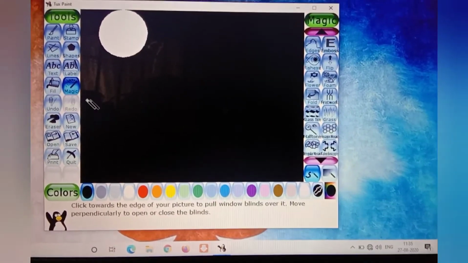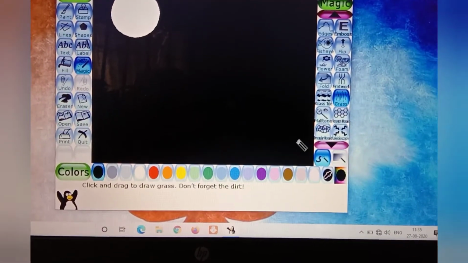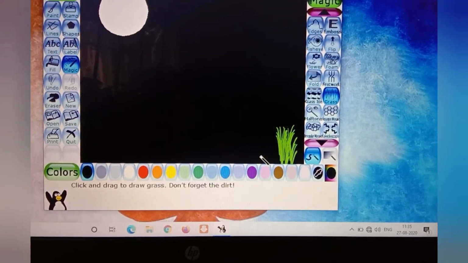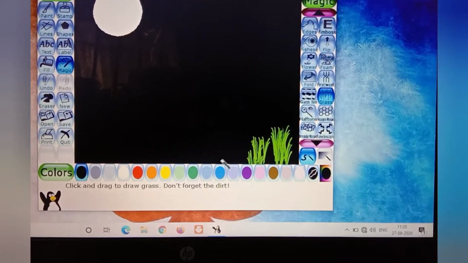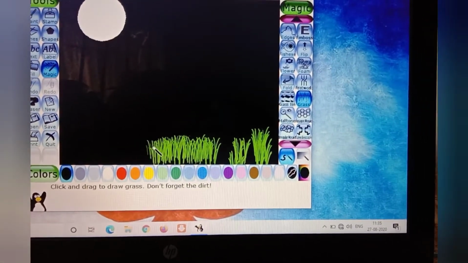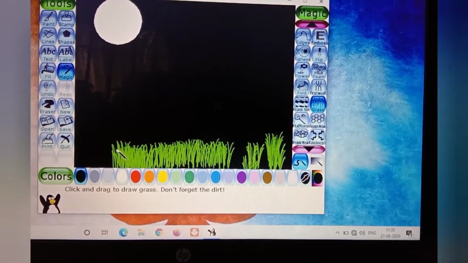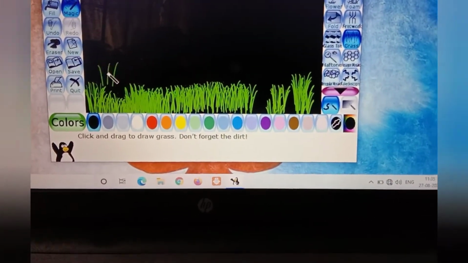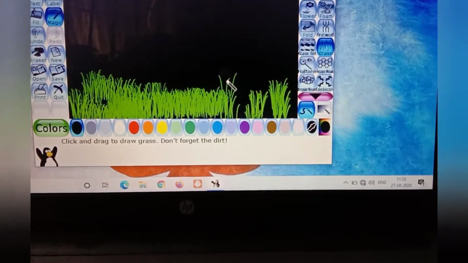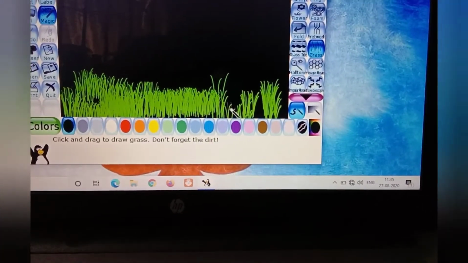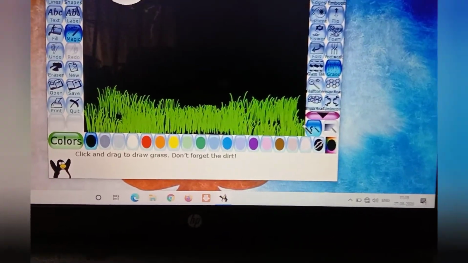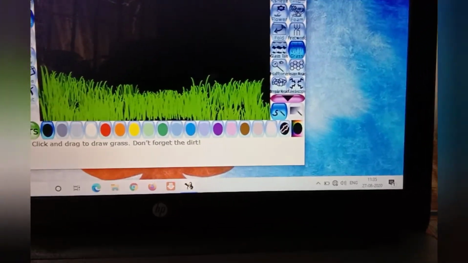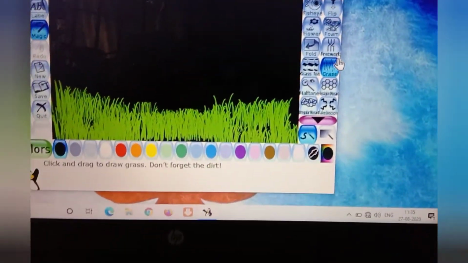I selected magic. Then I am going to select the grass. You can do this by dragging. I already told you in my last video how to do the dragging and all this. If you want anything more, you can add any magical effects over here.